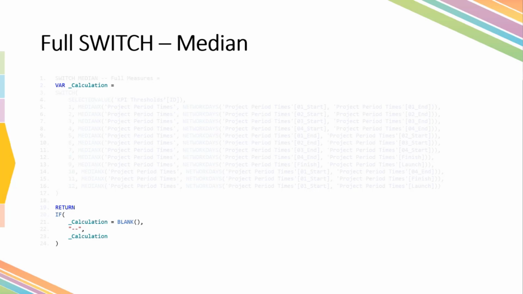And if the calculation is not blank, then it would just show the median value that is yielded. The nice thing about this is also, I don't have to implement this in every single measure of all of those 12. I only have to do this once. So there's already a bit of effort that I save for myself, and also for future potential additions of other measures, etc.